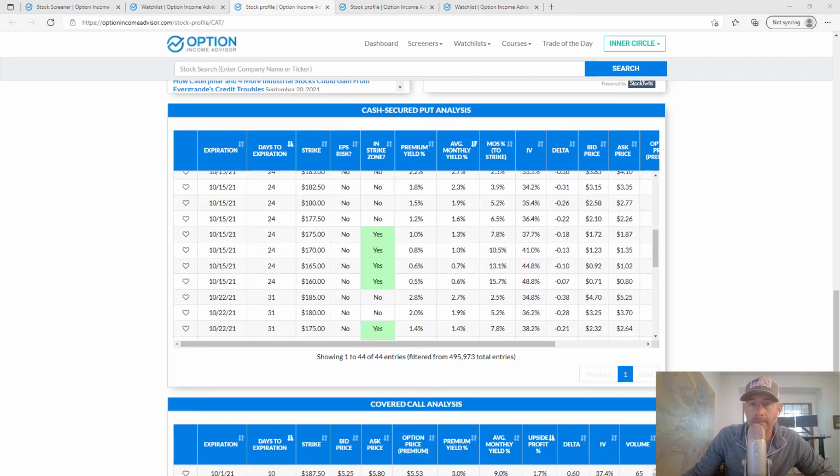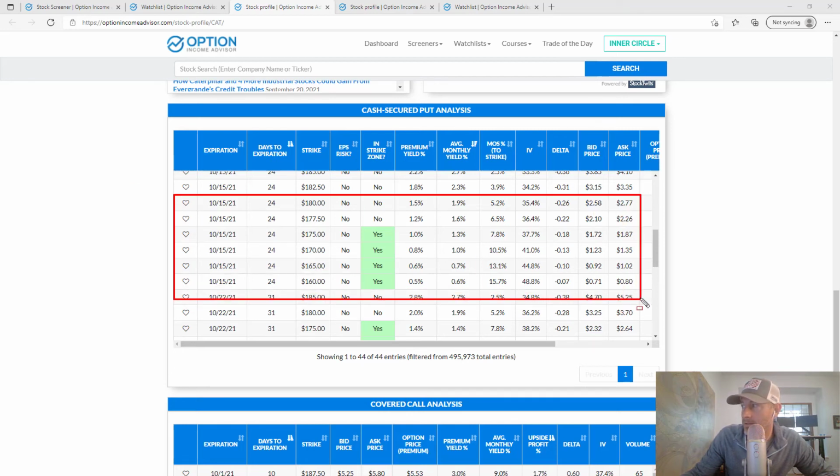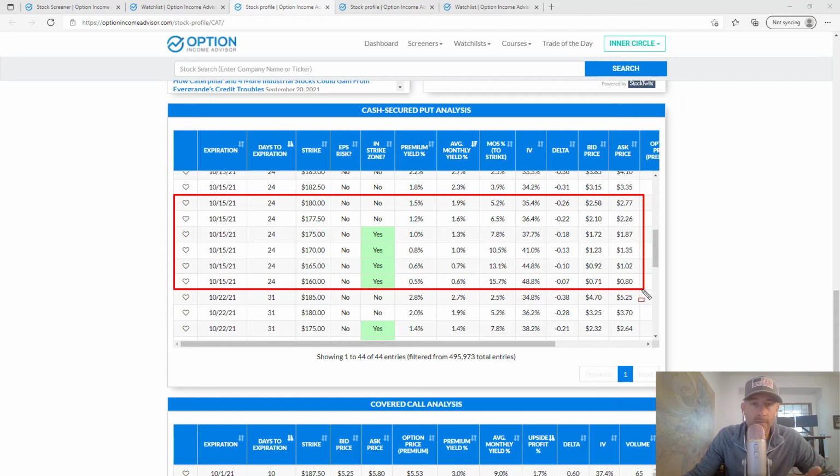So here, again, we're just building a list. And this is how I come up with all these trade alerts and trade ideas that I put out there. I mean, these all come from this option list that I have created, right? I'm just pulling things off that list to share with you, so that you can get an idea of what I'm looking at.